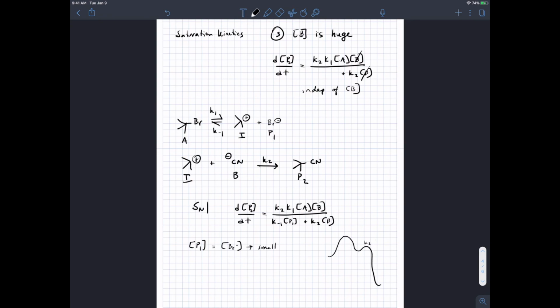K2 times B should be a whole lot bigger than K minus 1 times P1. All right? What that means is once we get to that intermediate, the K2 times concentration of B term, especially if we have an excess of cyanide, will overwhelm the K minus 1 times P1 term, and then our rate constant is going to reduce to the much,